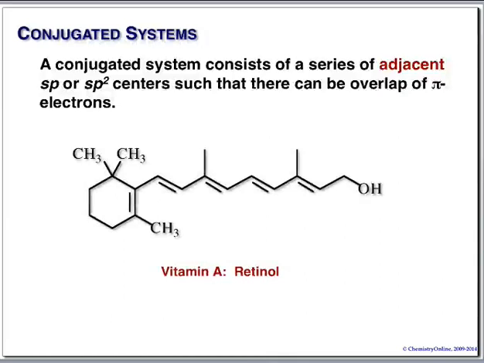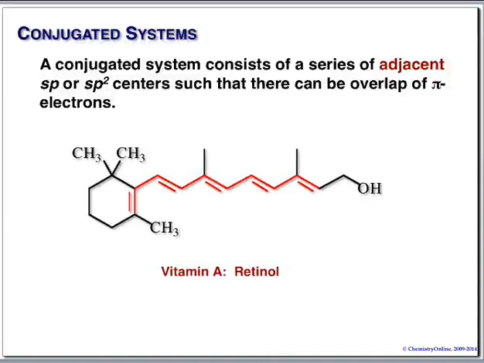An example here, this is the structure of retinol, of vitamin A. And if you look at the chain here, even starting in the ring, all of these carbons in a row are sp squared. So this forms one long conjugated system here,